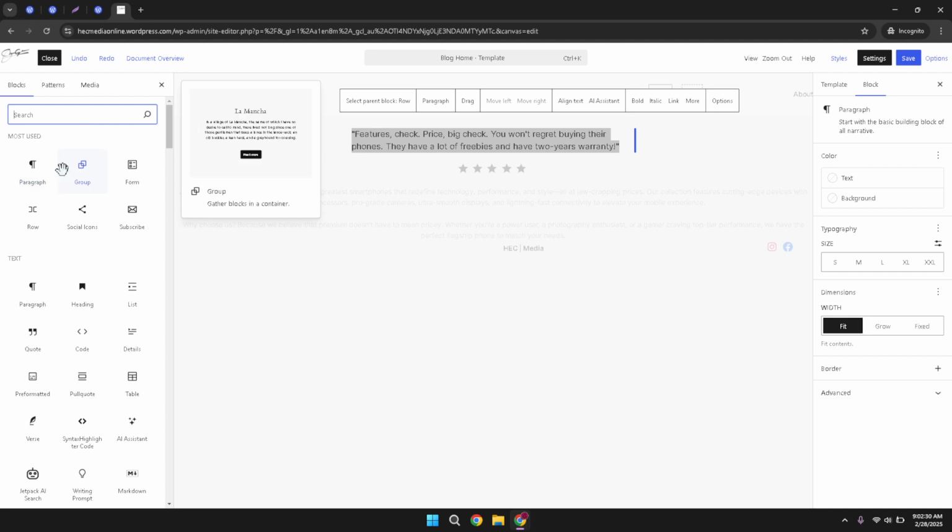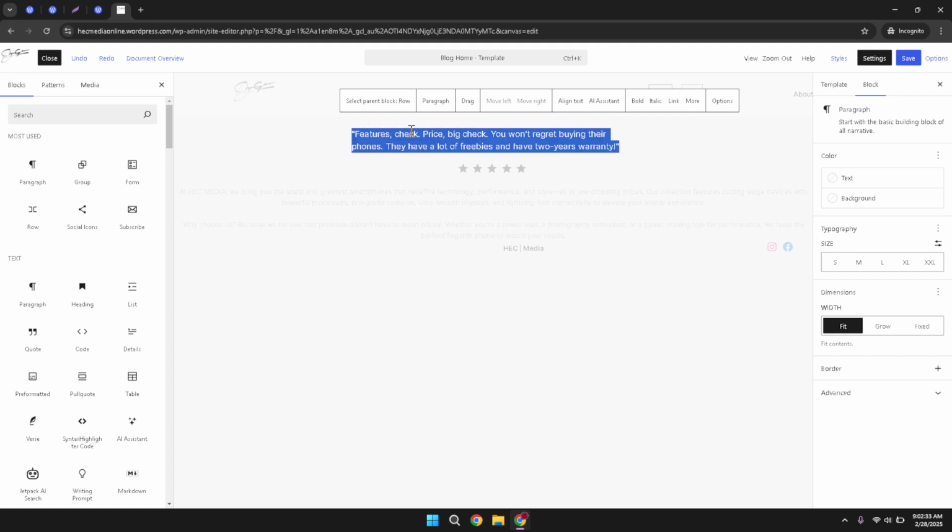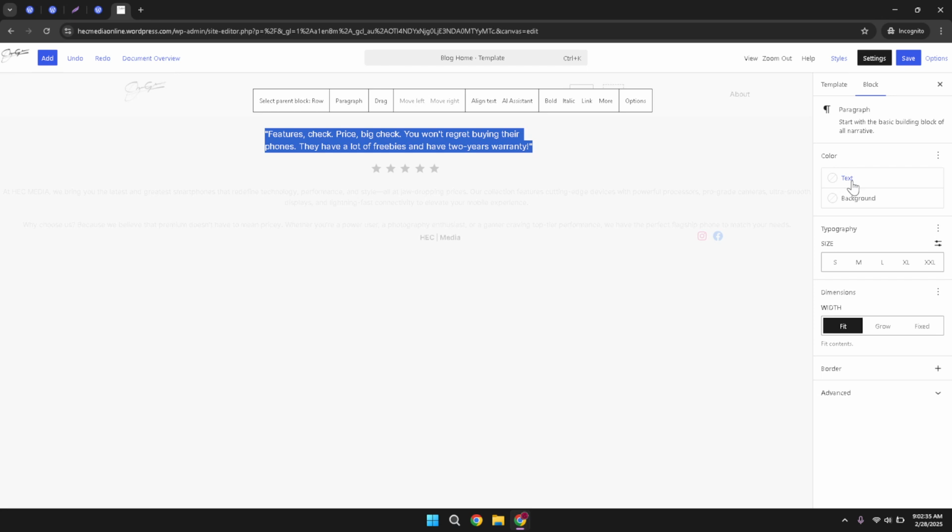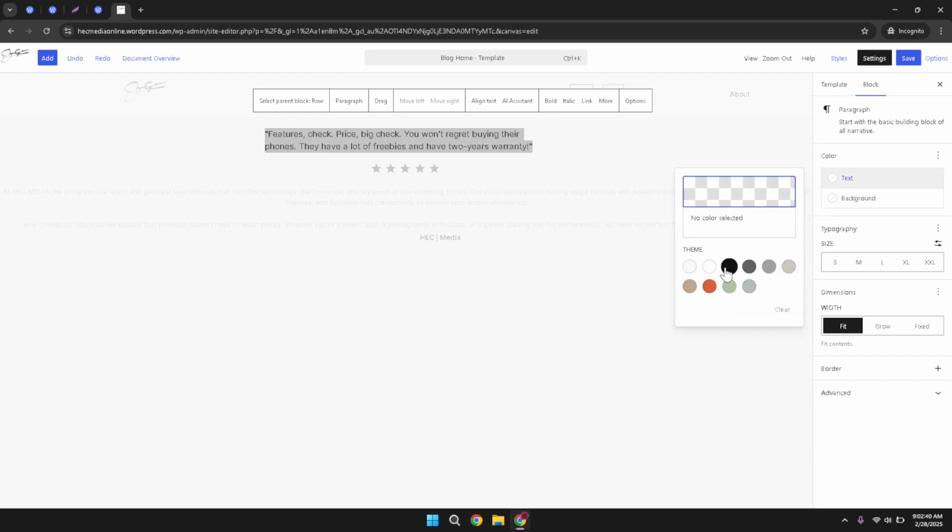Next, it's time to add some color to your text box. Navigate to the right panel again and look for the option to add color. Adding color can help ensure your text box is eye-catching and aligns with the overall design of your website. Once you've decided on the text color, move on to the background. Click on Background and choose a color that complements your text, giving your readers a pleasant visual experience.